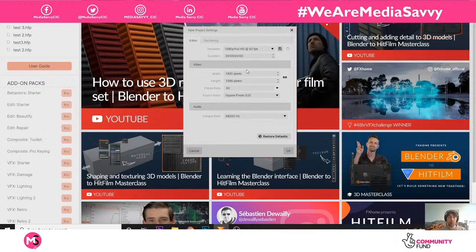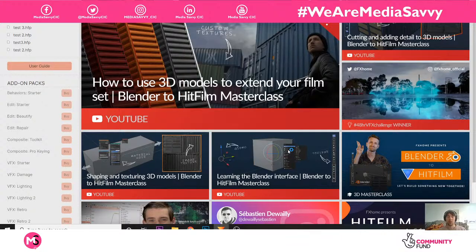So 1920 by 1080p seems fine, at 30 frames a second. If you had shot in 30 frames a second you would use that, but we're using other footage, so maybe not. And square pixels, which is generally okay for this, and then you've got a couple of different options there. I think PAL would be fine as well, and anamorphic if you were going for that super widescreen look. We can just press OK on that, and then it'll load up, a bit slowly, but there we go.